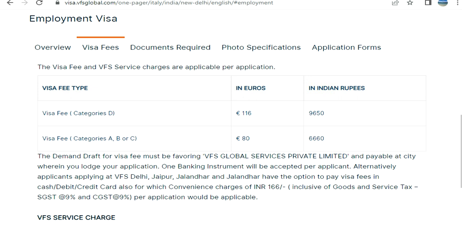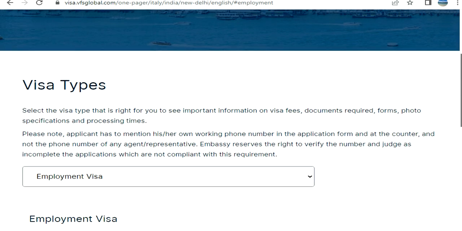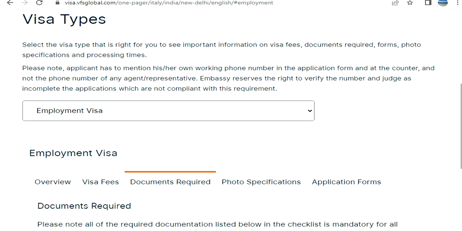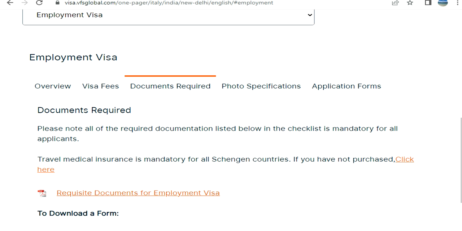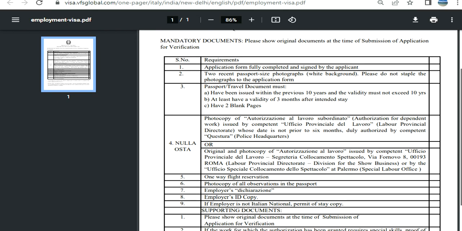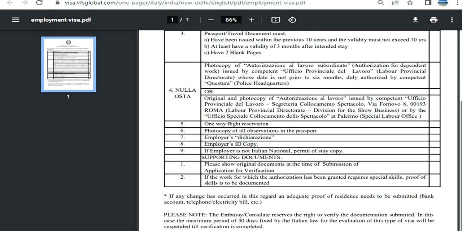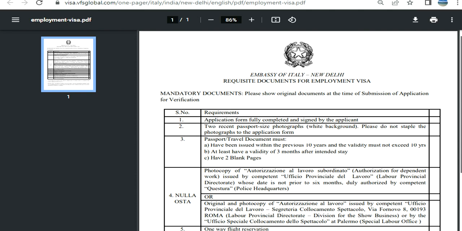Now visa fee, very important. You can see they have given VFS charges also. Documents required, very important. So this is the checklist. Let's click on that. Application form, two recent size passport photos, authorization, flight reservation, photocopy of all pages, employer's ID copy, supporting documents, proof of. Okay, based on your situation it matters. All right,